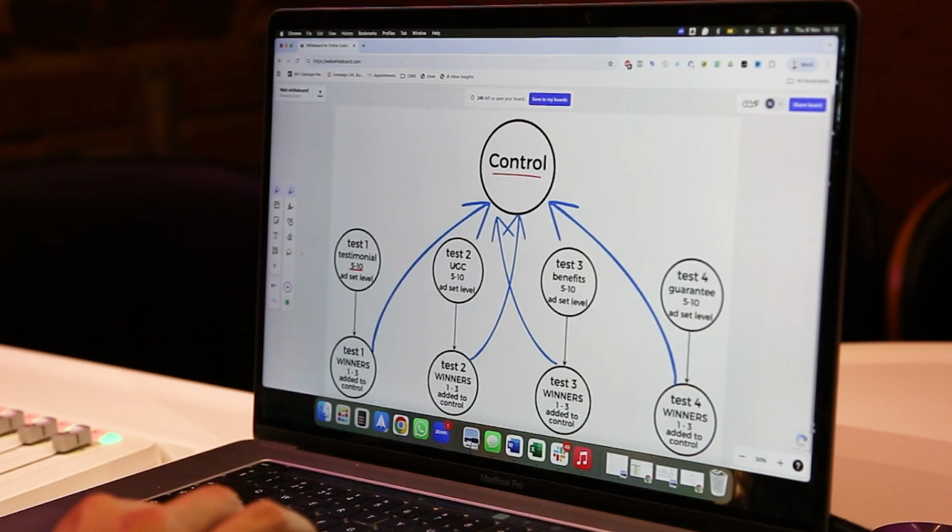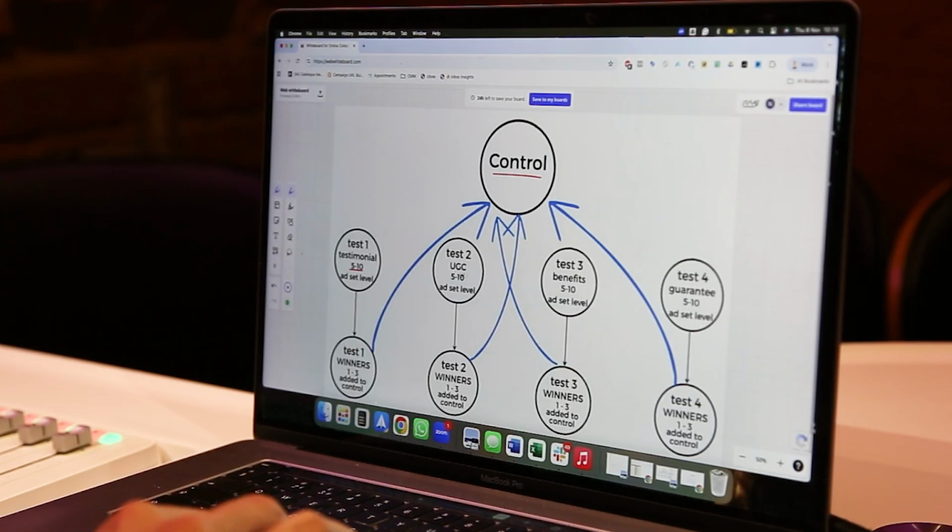Then we're going to do our UGC, and we've got some UGC because we've gone out to get some content creators. We've given them their product or service. They've come back with some UGC. We've done a bit of editing on it, and we've got 2 or 3 UGC content. Same thing, $20 a day. Get it going. And then we've got our benefit-led creative, where we're going to have our test 3, and we're going to put another 3 of those in there. We've sat down, we've created that in Canva or whatever we might be doing it in, and we've put those in there. So we've now got